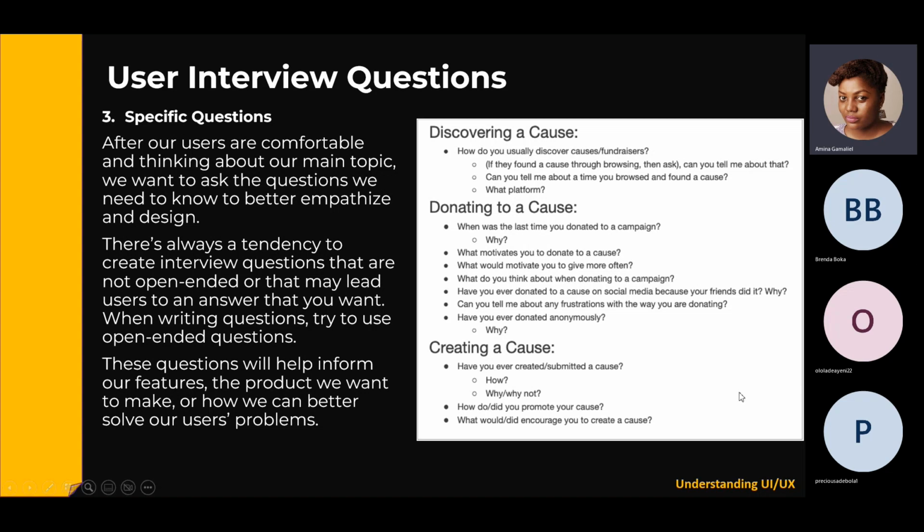Okay, so after users are comfortable and thinking about the main topic, we want to ask them questions to know them better. There's the tendency to create interview questions that are not open-ended. Very important. I need to talk about that. Open-ended questions are questions that, let's say, when somebody says, okay, like this